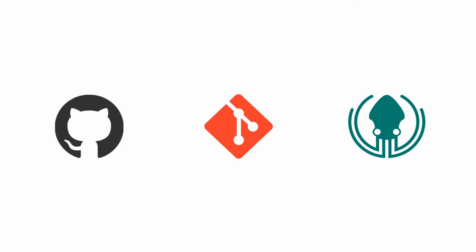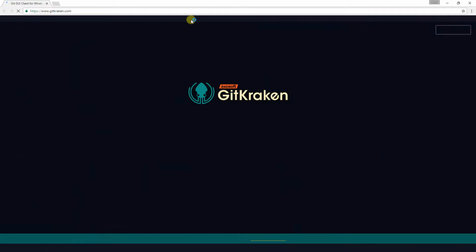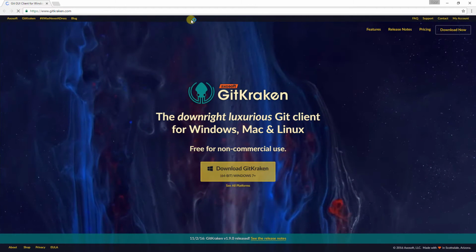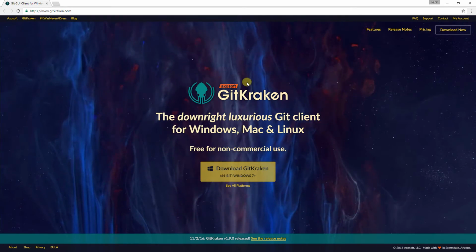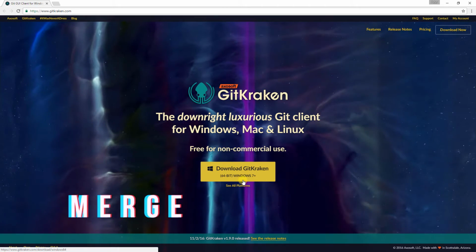Right now I'm going to show you how to download the Gitkraken software. Let's first open up our web browser. Once it's open, go to this website, www.gitkraken.com. Over here, you should see the Gitkraken homepage, and in the middle you should see Download Gitkraken, and